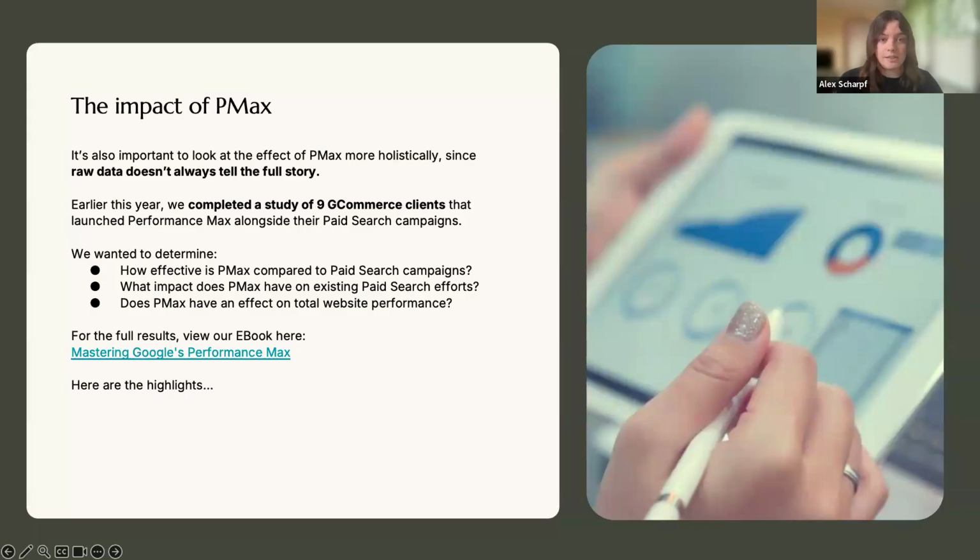We completed that case study across 9 of our clients. These are all clients that launched Performance Max alongside existing paid search campaigns within Google Ads. So we wanted to look at, how effective is PMax compared to our existing campaigns? What impact does PMax have on those campaigns? And how does PMax affect total website performance? So, going into the highlights,